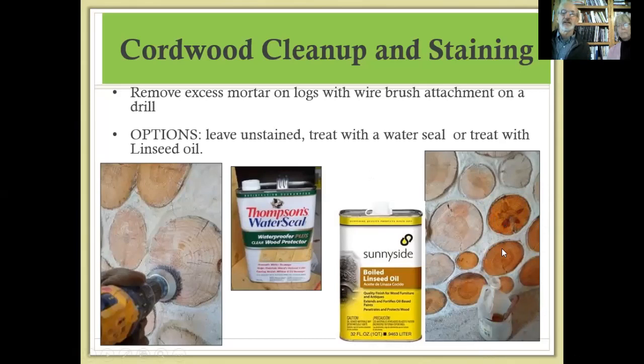Linseed oil really brought out the annular rings here and some of the special features where we can see some of the knots and other things that really had some very nice designs in them. So the linseed oil, I really preferred to this clear water sealer. Linseed oil really was absorbed into the wood really nicely. And if we do it again, I would think that I would use linseed oil both on the outside and on the inside as my preferred way of being able to continue to see the design of the wood that